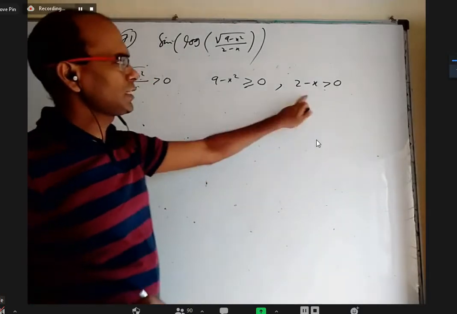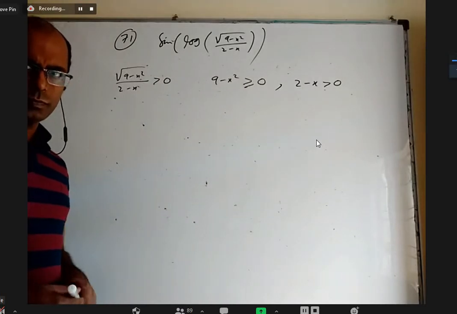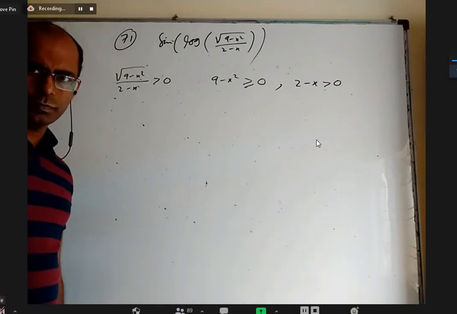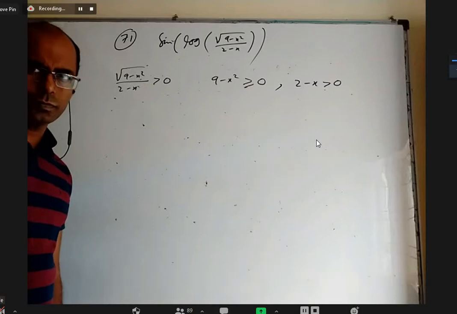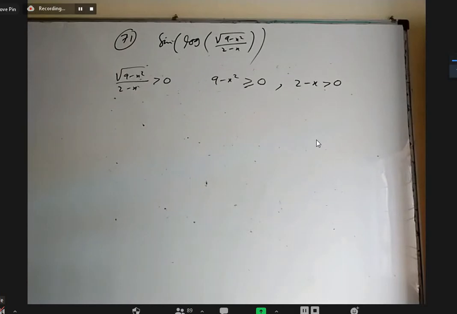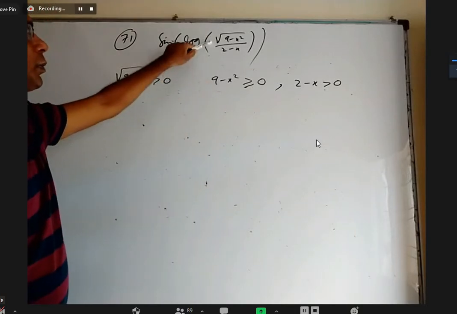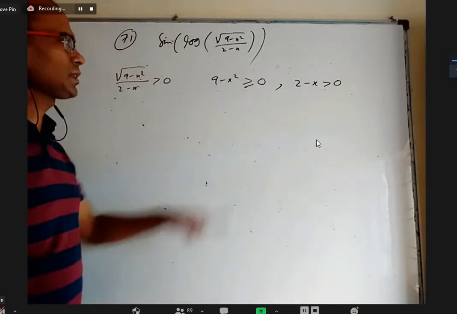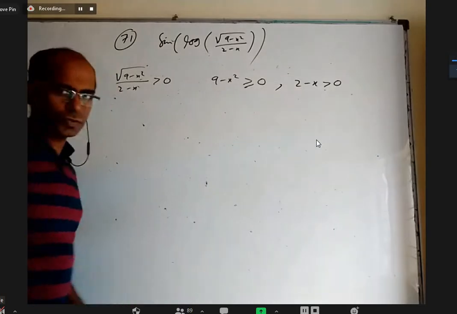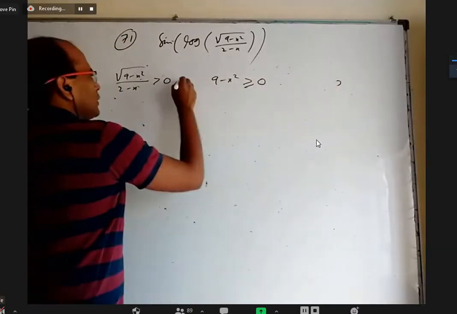Okay. Why did you say this one separately, that 2 minus x should be greater than 0? Sir, it is in the denominator. Denominator, if it is negative, any problem? Sir, then that whole root over 9 minus x square by 2 minus x will become negative because the numerator is anyways positive. Yeah, numerator is already positive. So for that you are saying the denominator should be positive. That means this is actually included in this, because when you try to solve, you will understand the denominator should be positive, right? Yeah. Okay, so I'll write this in the next step. That's good. Okay.